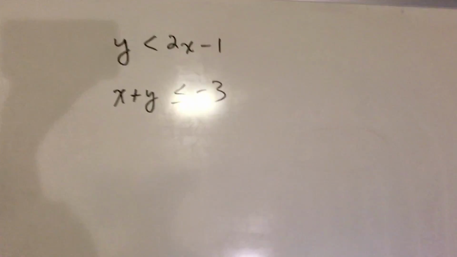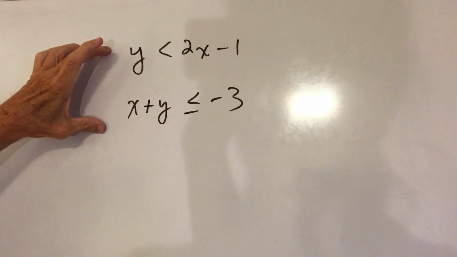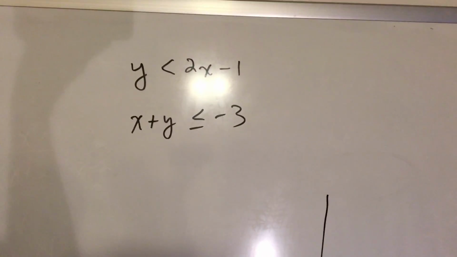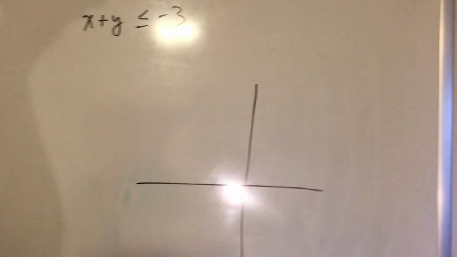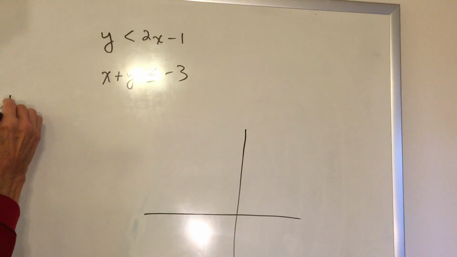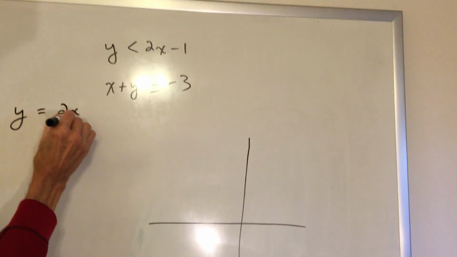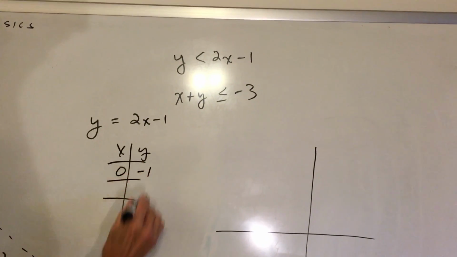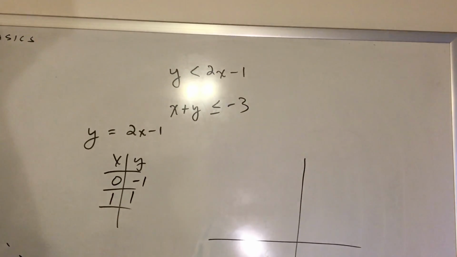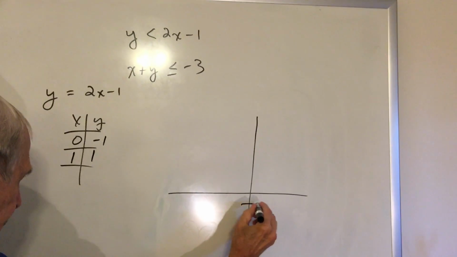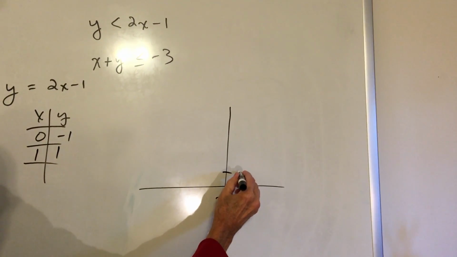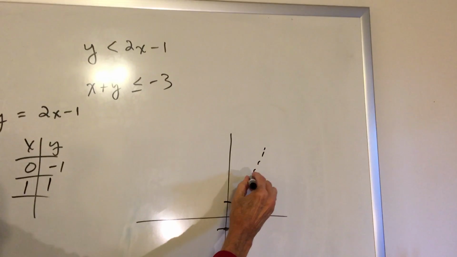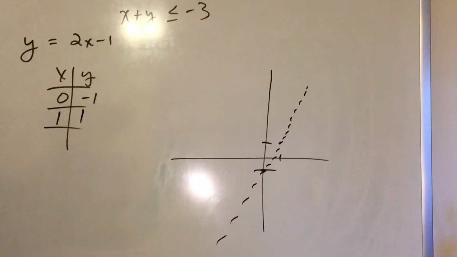And over here, we have a system of 2 inequalities. So on the same number line, we will graph both of these. We first say y equals x minus 1. So if x is 0, y is negative 1. If x is 1, y is 1. So we have this point and that point. There's no "or equal to." So we have that.